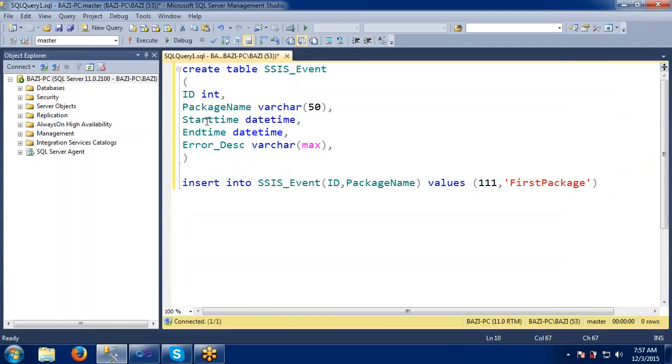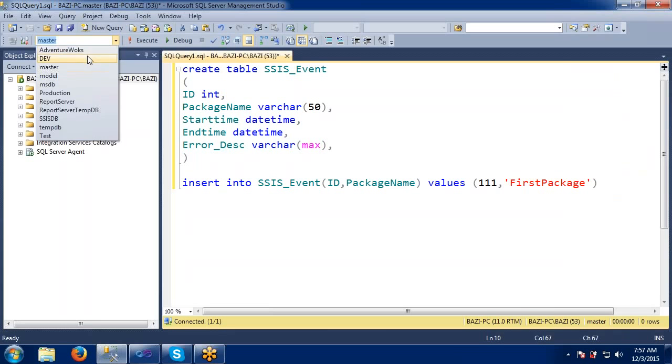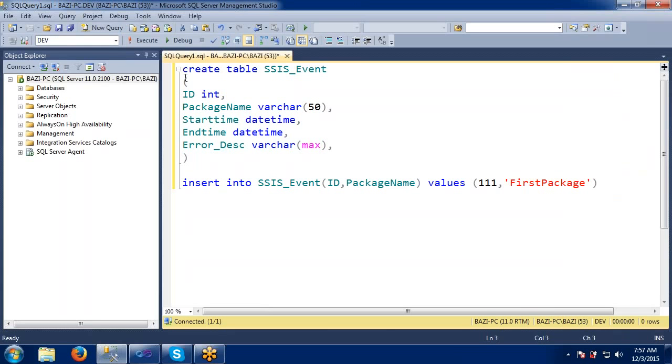Here I'm just creating one table in the dev, and these are the columns I am taking: ID, package name, start time, end time, and error description. ID means some unique ID I am giving, and package name, whatever the package name we have created.